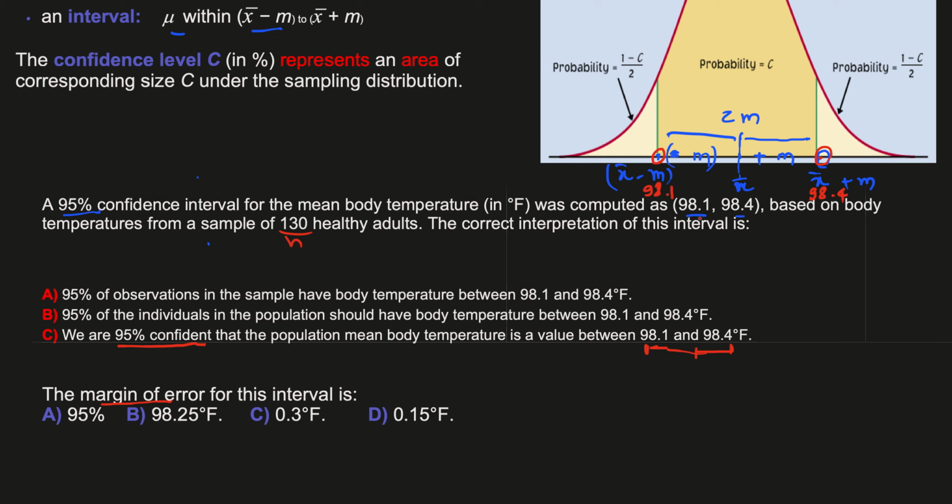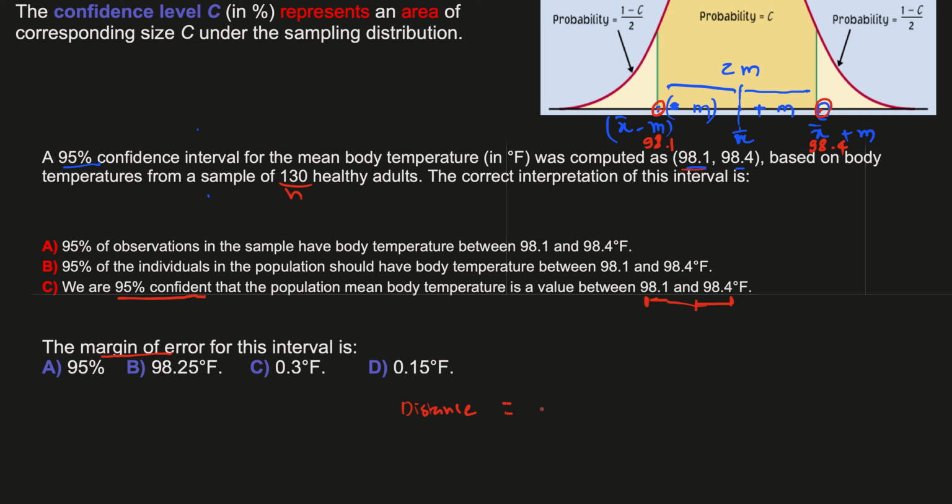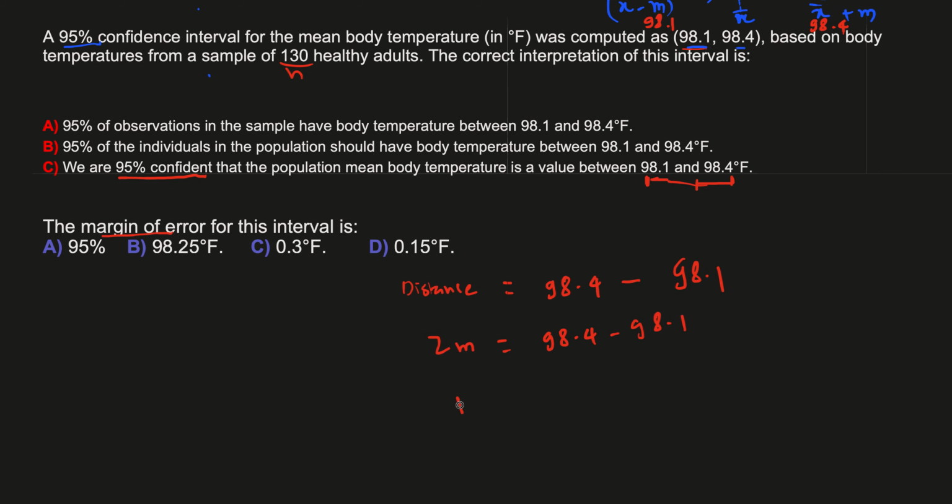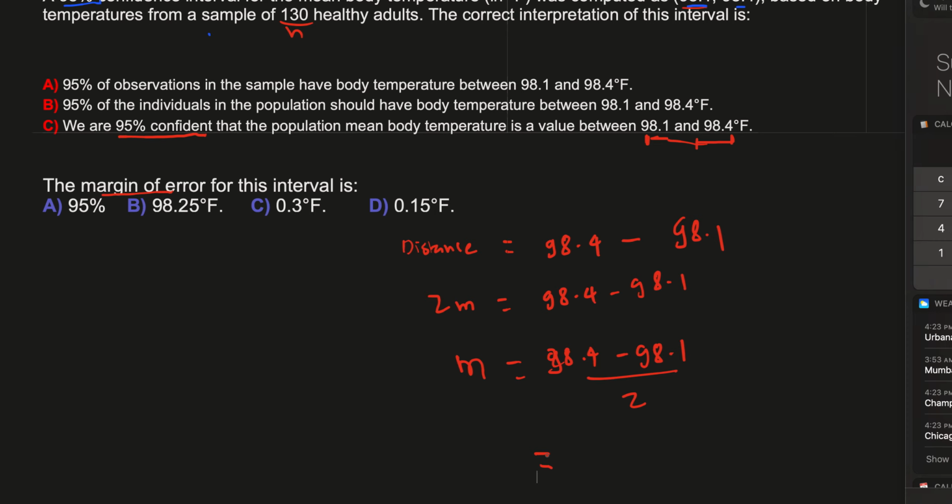That distance, let's just call it a distance for now, is nothing but 98.4, that's the higher number, minus 98.1, that's the lower number. But you can see that this particular distance also represents 2 times m, that's 2 times the margin of error. That's why 2 times the margin of error is 98.4 minus 98.1, and that's why the margin of error becomes 98.4 minus 98.1 divided by 2. And if you solve that, you should be able to get it as